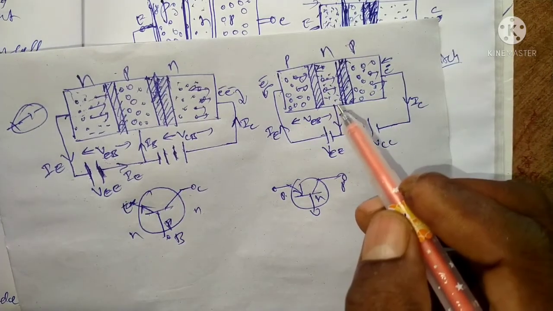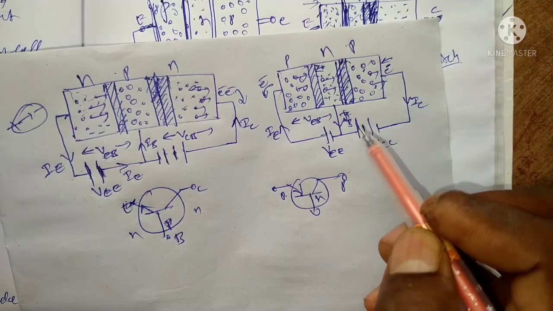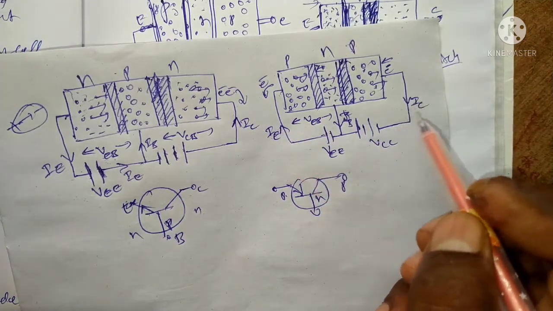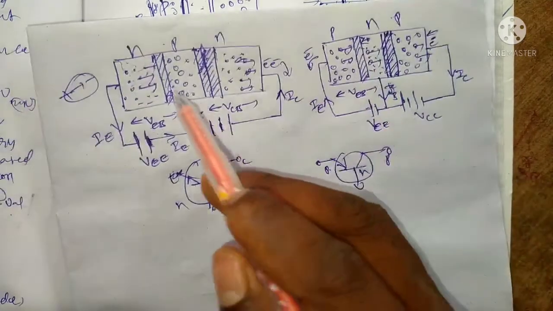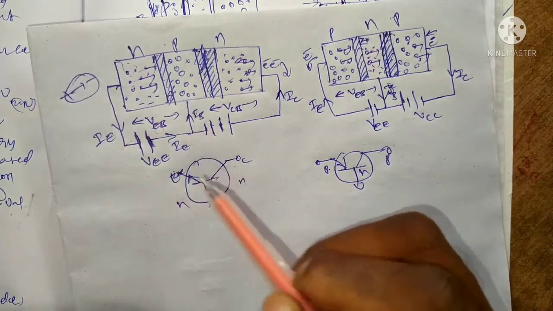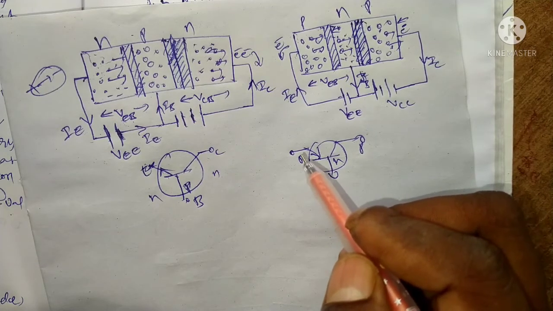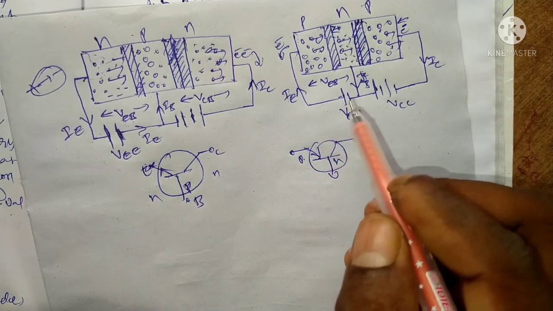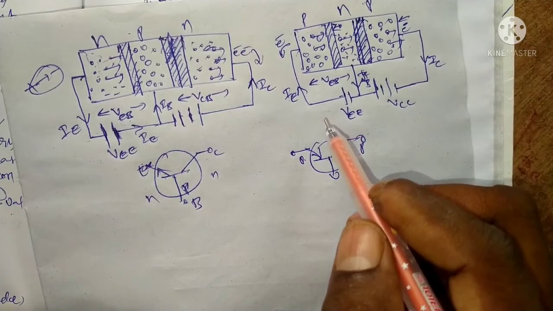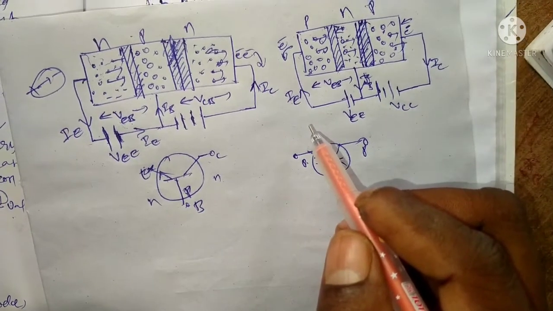Electrons go from negative to positive, with the positive voltage applied. This is the base current, this is the emitter current, and this is the collector current in the case of a PNP transistor. This is the NPN transistor current direction. Current direction is always positive to negative. In the case of PNP, the current path is P to N. Similarly, this is the path direction of the current. When the transistor is activated as an amplifier, it is in the activation state.